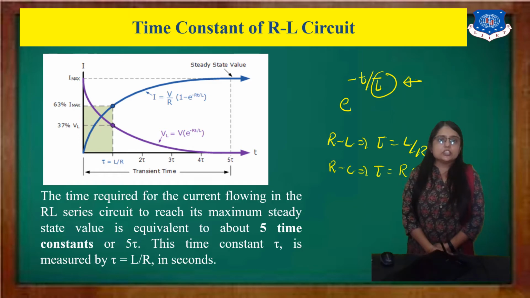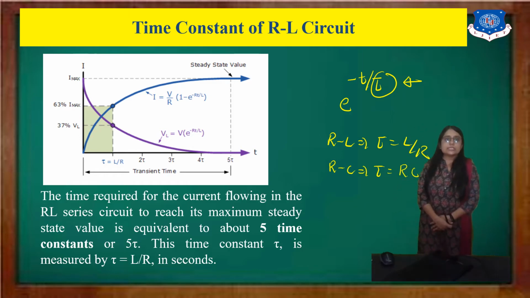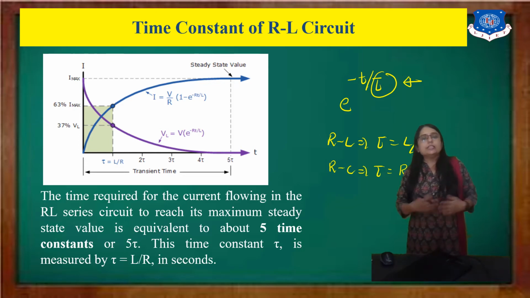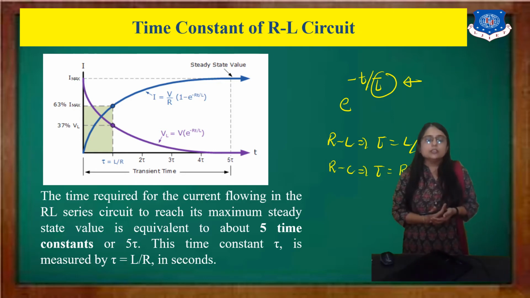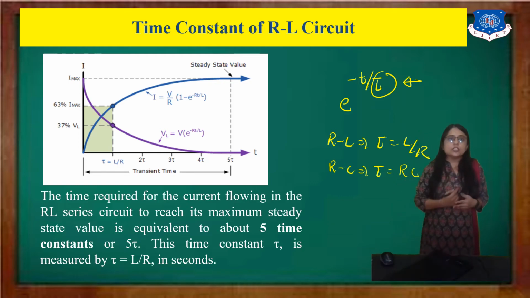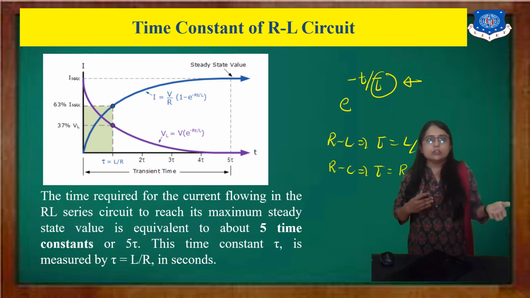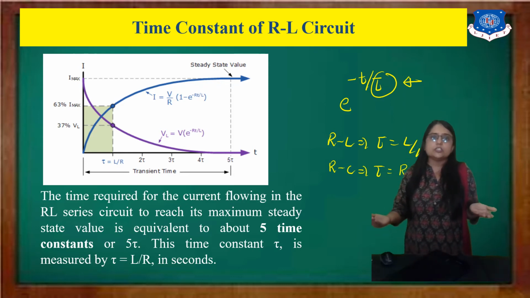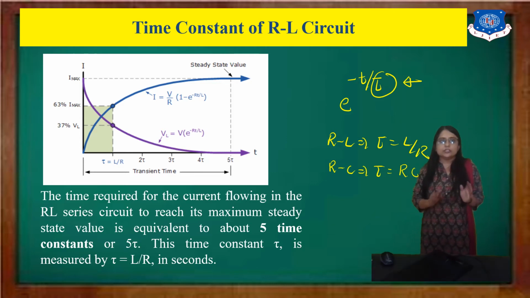Now in the next session we will discuss how we can find the response of the second order system. That means instead of first order differentiation, we have the power of the differentiation equal to 2, so how can we solve our particular diagram. In a first order system we have only one energy storage element, but in a second order system we have more than one energy storage element. So we will see how we can solve that particular example and relate it to that.